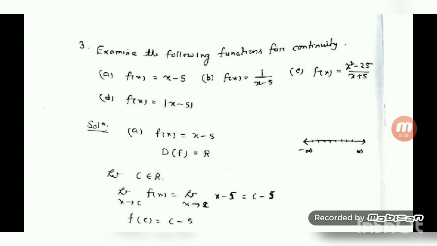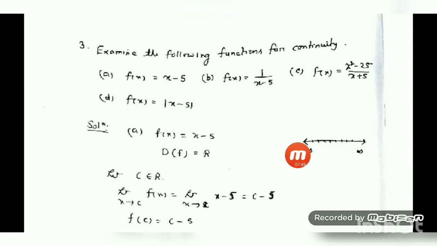Now you see, this is not a question of continuity at a point, because at what point to check the continuity is not mentioned here. It is just asked, examine the continuity of the function. That means we have to check the continuity on its particular domain. So first consider your function and find out its corresponding domain. Our first function is f(x) equal to x minus 5. This is a polynomial function, and you have learned in detail in class 11 what the domain of a polynomial function is. It is always the set of real numbers. So domain of f is real numbers, that is the real number line, minus infinity to infinity. So it's an interval. That means this is a question of continuity on an interval.